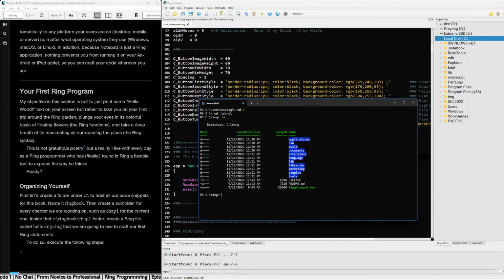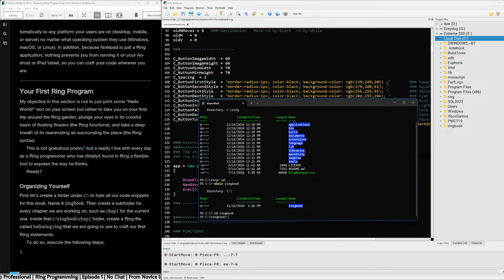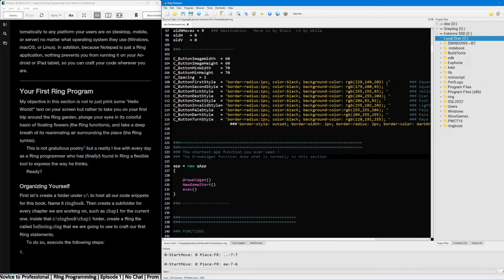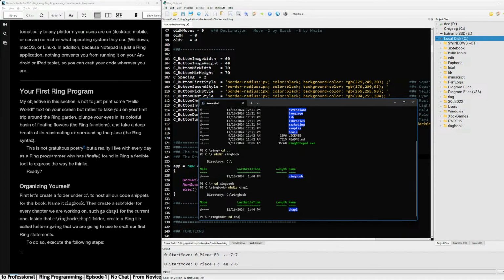Let's create a folder under C. Oh, under C. Okay. Create a subfolder for every chapter we are working on, such as chap 1 for the current one. Okay. Chap 1. Chapter 1.